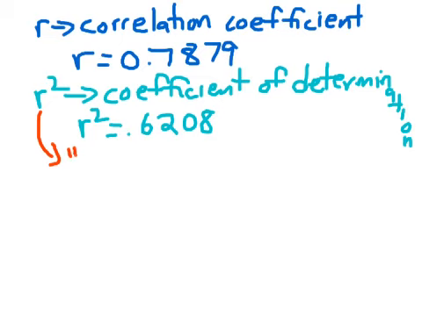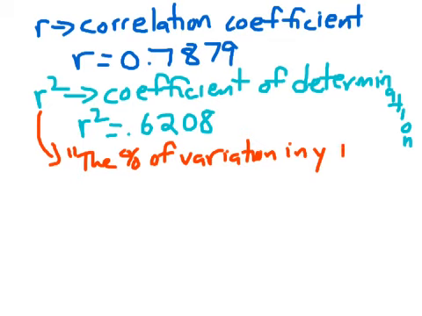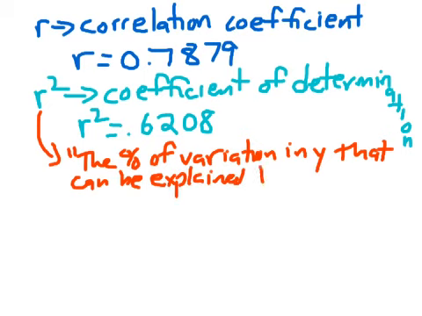And R squared is the percent of variation in Y that can be explained by variation in X. So for this particular melon data,